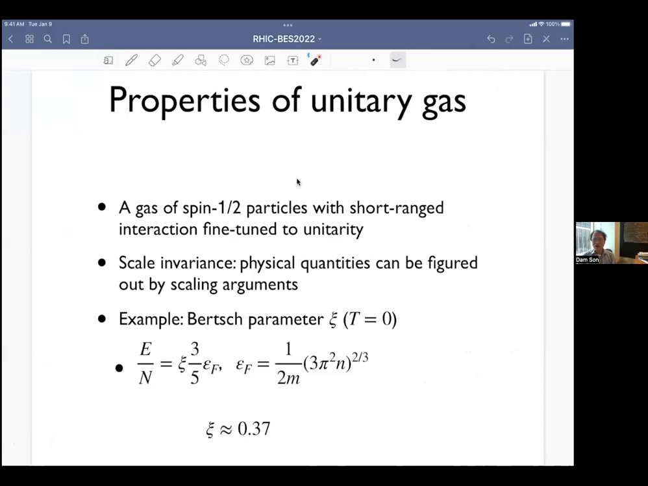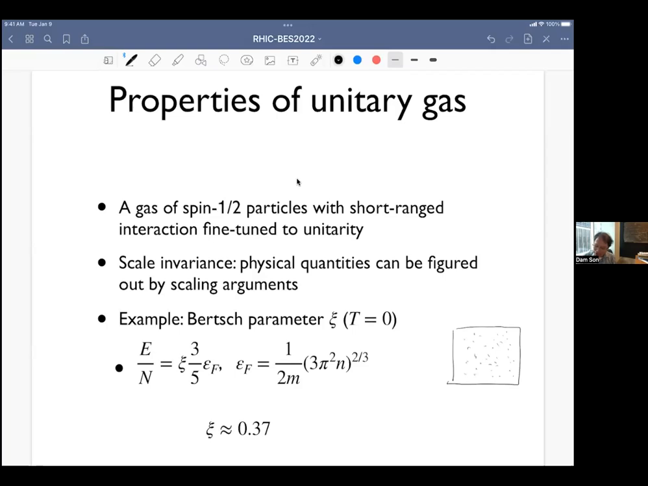If you have a large number of these particles in a finite volume, we can ask the question of, for example, thermodynamics of such a system. And it turned out the scale invariance is a very useful property that allows us to make statements. For example, a statement that can be made is that the ground state energy of a system of n particles, say equally divided between spin up and spin down fermions,